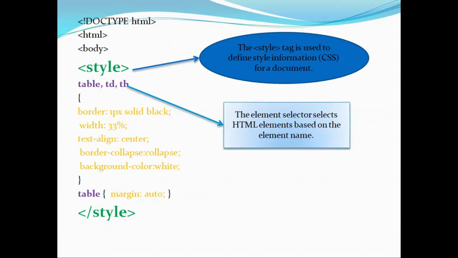Here, in order to specify the styles for those elements, we can make use of different CSS selectors. They can be of different categories like simple, combinator, pseudo-class, pseudo-elements, attribute, etc. In our program, we are using the element selectors. The element selector selects the HTML elements based on the element name. Try to understand, whatever properties we are specifying here will be applied to the respective tags. Whenever these tags are present in the program, these properties will be applied to them.